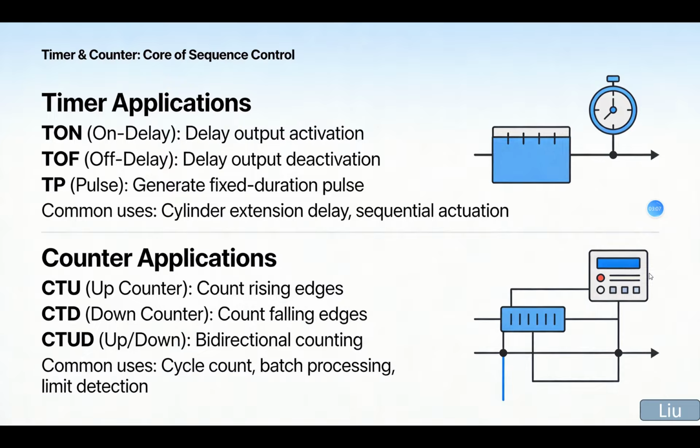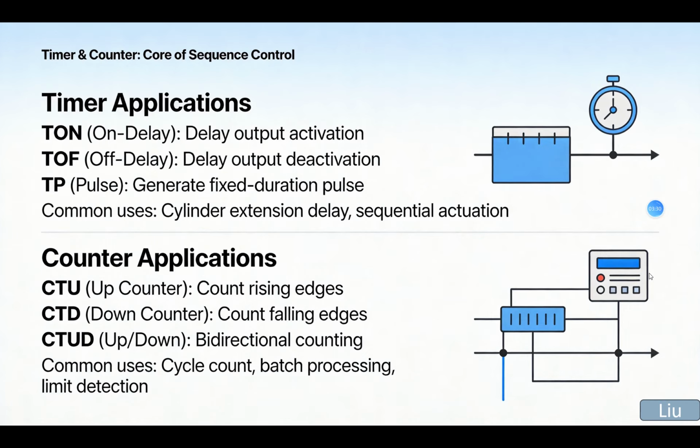And the counter application: the CTU up counter receives rising edges, the down counter counts falling edges, and the up-down counter does bidirectional counting. Common uses: cycle count,